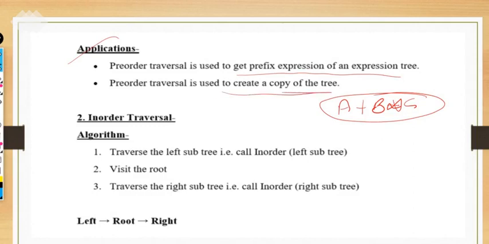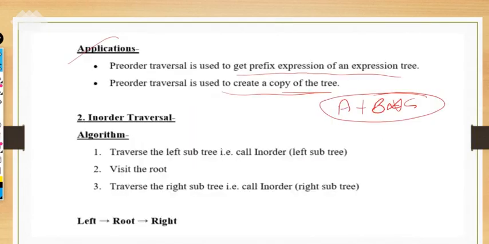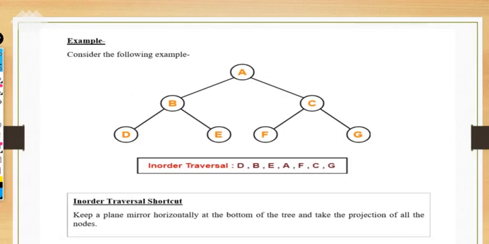So with the weightage that you have mentioned over here, it will create the copy itself by traversing every vertex. In-order algorithm, we have already covered: left should be there, root should be in between, and then right will be there. So these are the steps, same thing is here. We are taking an example to get clarity about in-order traversal. Basically we are taking the same example. First you have to cover the left, then root, then right. So start from here. Don't write A here because it is in-order.